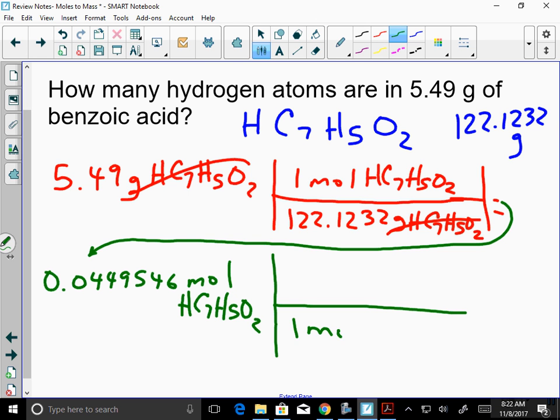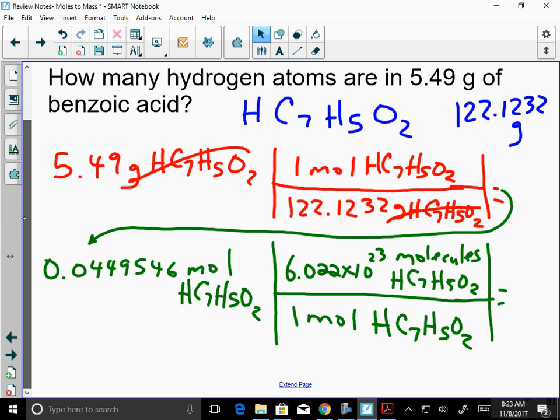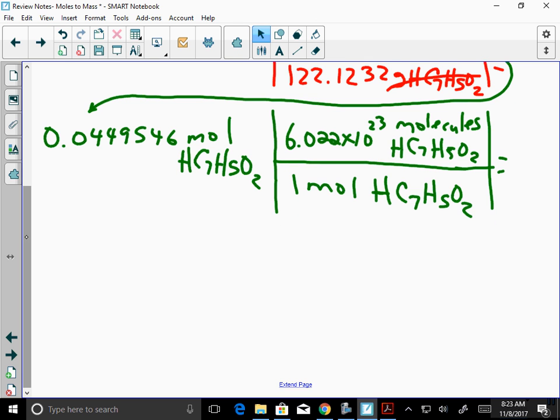So I know that 1 mole of benzoic acid has Avogadro's number, molecules of benzoic acid. I'm going to bring down my page a bit. Okay? So now